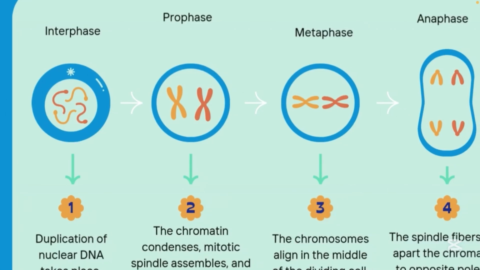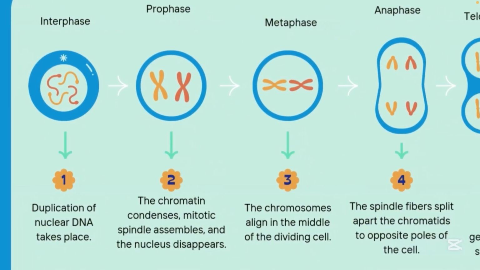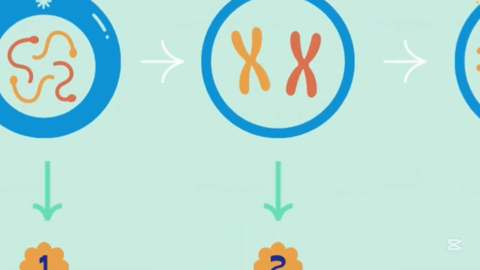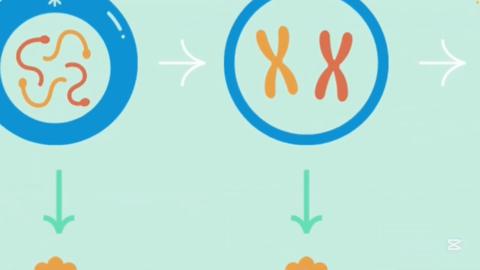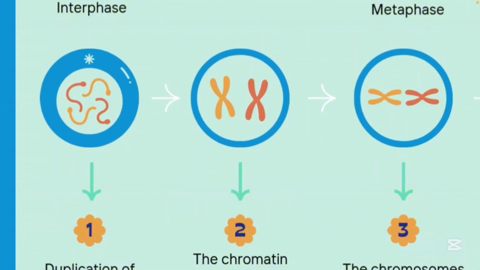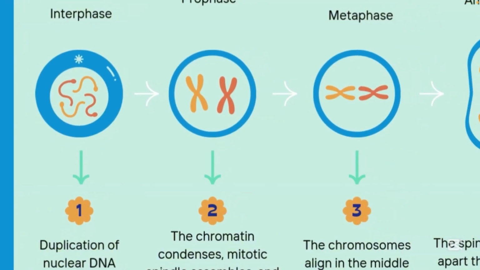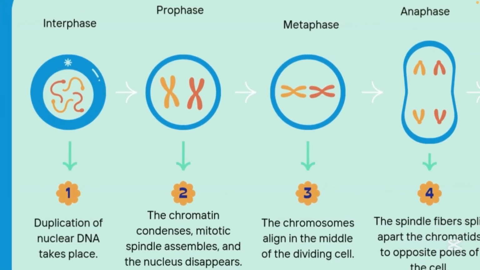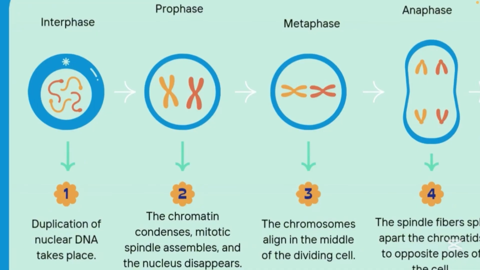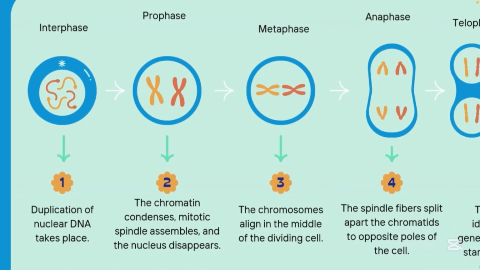Okay, then the next step is prophase, where the chromatin condenses into visible chromosomes. You can see that the chromatin over here is not that visible, but in prophase it is visible. Each chromosome is made of 2 sister chromatids. Over here the nuclear envelope breaks down and the spindle fibers begin to form. Spindle fibers are like small dotted lines, which I'll show you in the further diagrams also. They begin from the centrioles.